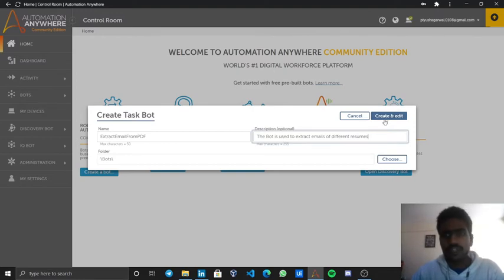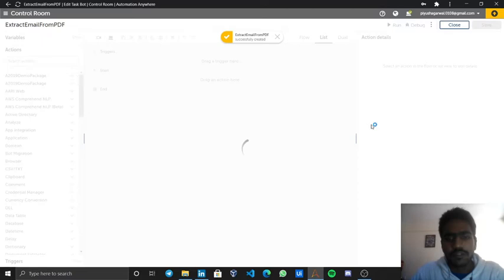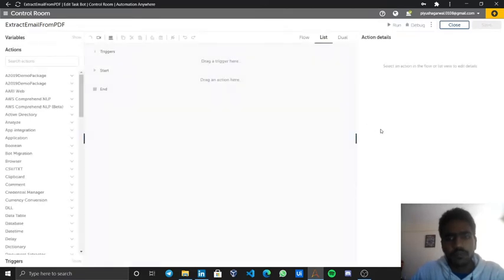We can use this kind of bot for HR, like there are many candidates who apply for particular positions in different companies, so we can extract multiple data of each candidate and save them in a database. Okay, so this is our workspace.